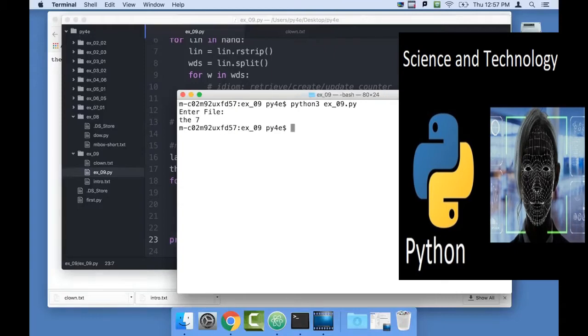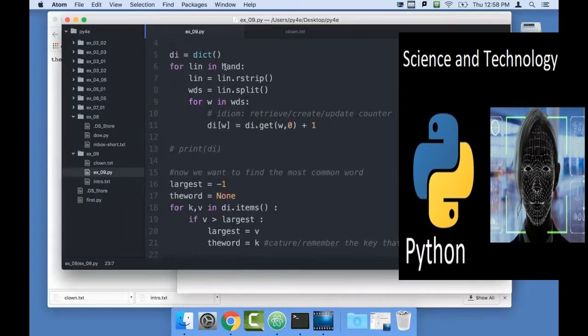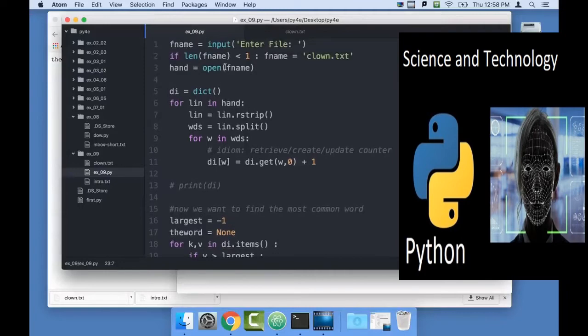Now, the cool thing about this is this code runs just as easily with one line of code or the intro of the book, intro.txt, and not surprisingly, that's still the most common word in the introduction.txt. I seem to like that word, and it's 226 times. Okay, and so that is the basic pattern of reading some. This is just a word